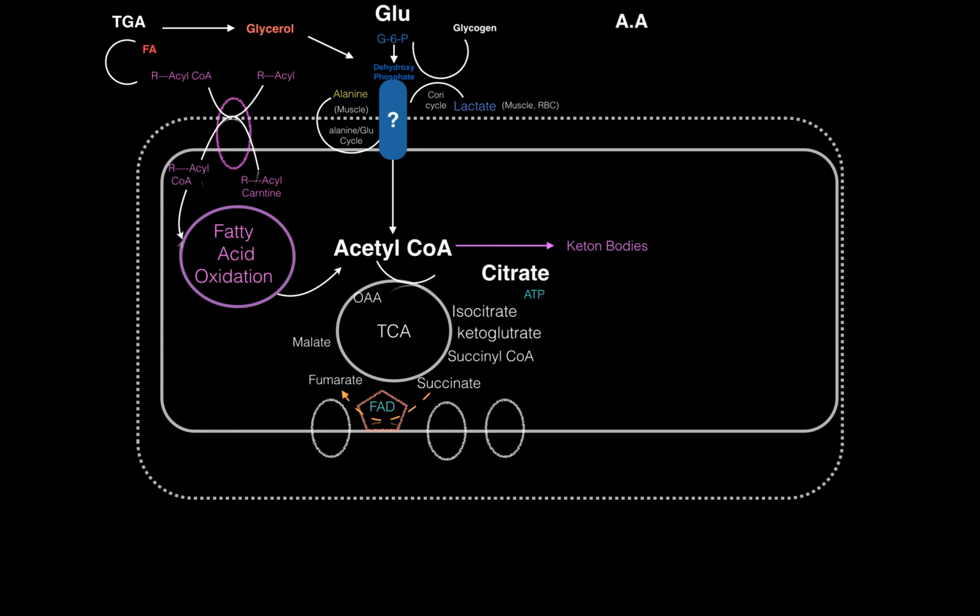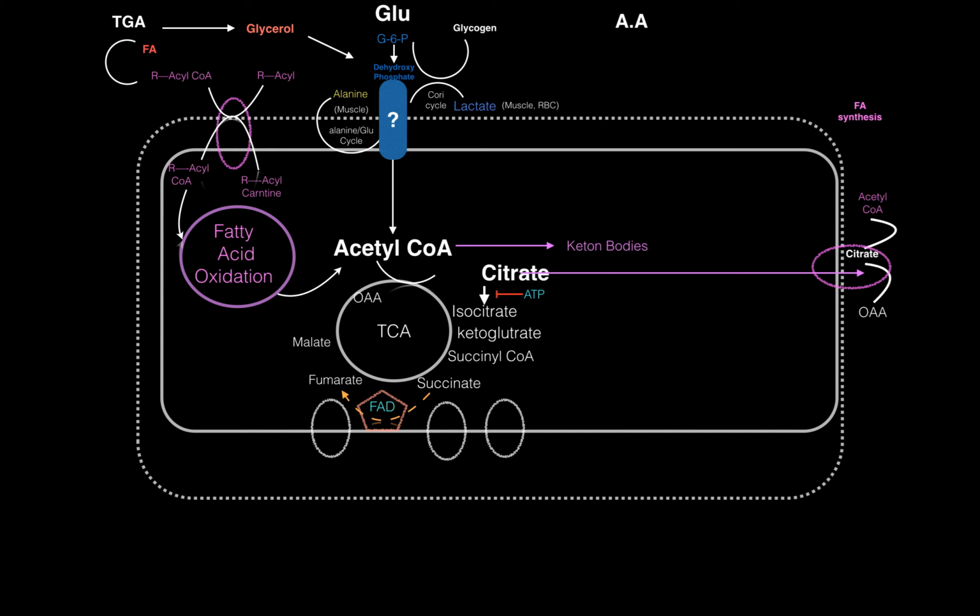Because it accumulates, there will be too much ATP. ATP will block citrate converting to isocitrate. Okay, so isocitrate dehydrogenase enzyme will be blocked. And then the citrate, because it's accumulated in the mitochondria, will be shuttled outside the mitochondria through a mitochondrial carrier protein called citrate carrier. Once we shuttle it outside, citrate will be converted to acetyl CoA again and